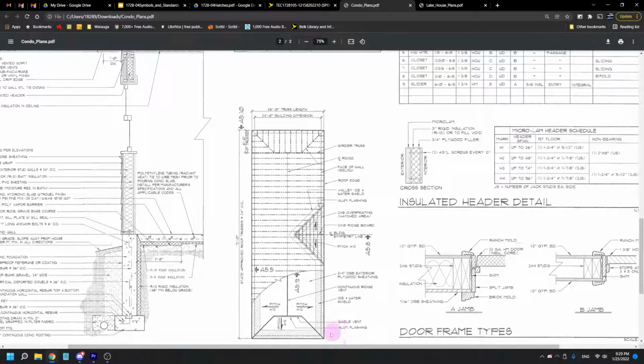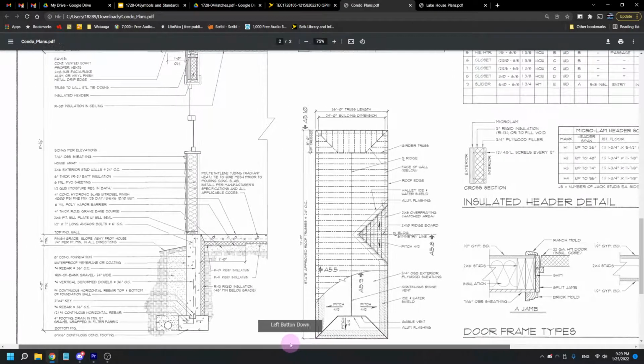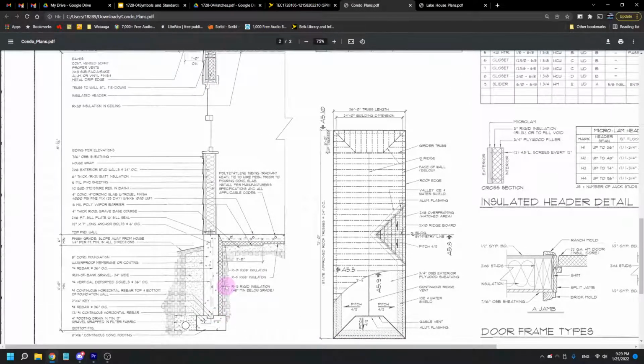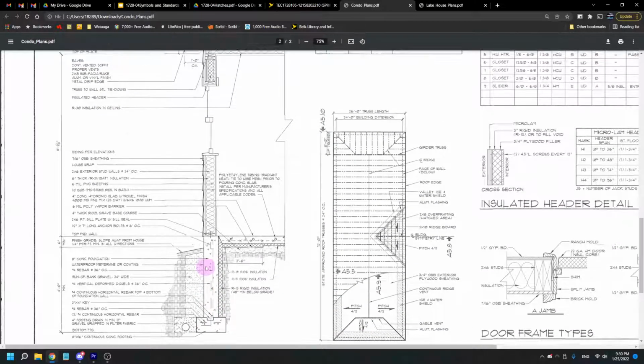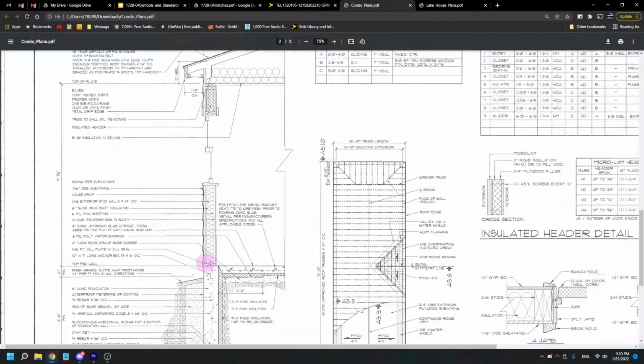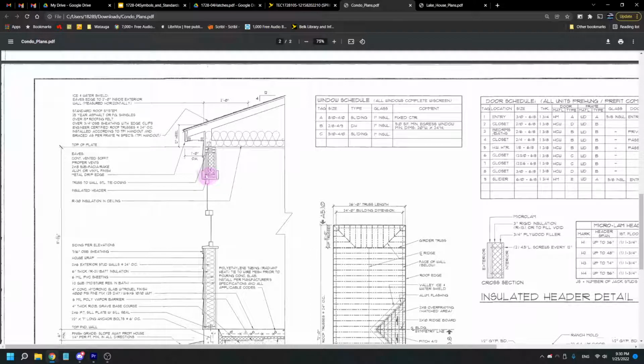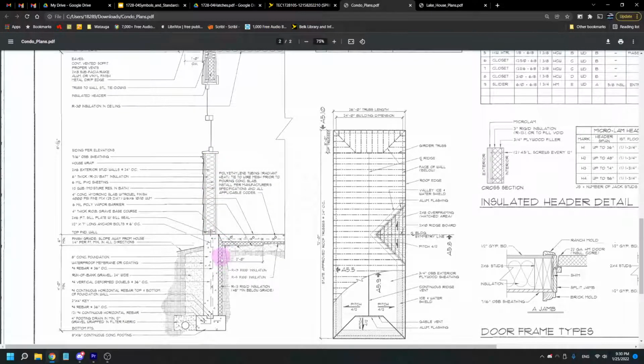And then again, we have some hatch patterns to show different materials that are being shown. Hatch patterns are really prevalent in these section views, in these cut openings of the building. So we've got different hatches for like the dimensional lumber. So this would be my sill plate for my wall. And then we've got our header for this window opening here, and our double top plate, all of that dimensional lumber shown with those crosses through it. And then some different patterns for our cast in place concrete, for our earth fill around it, for our gravel,